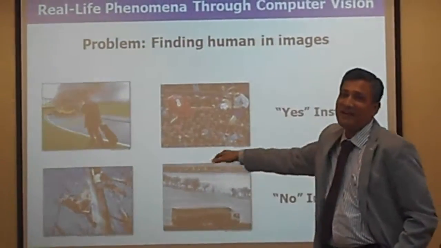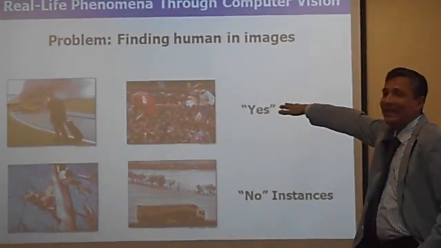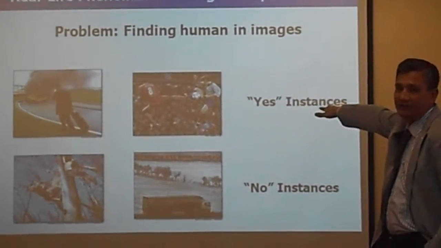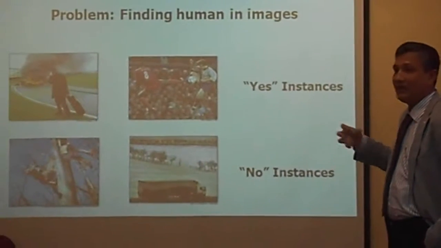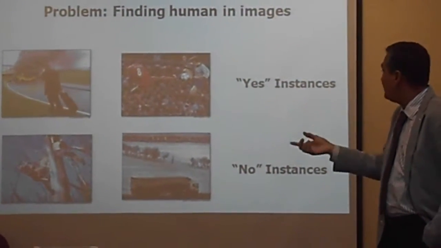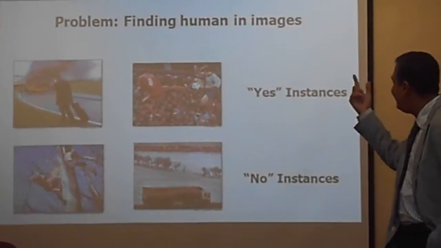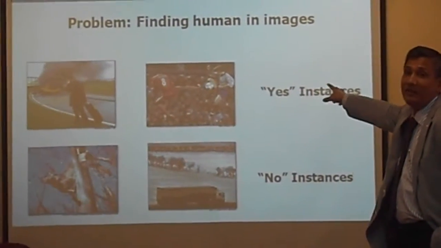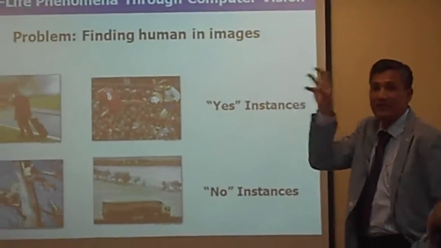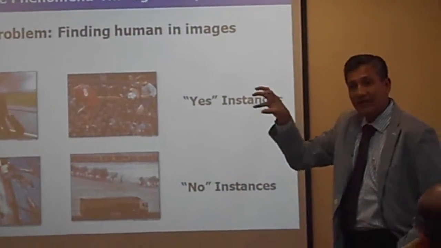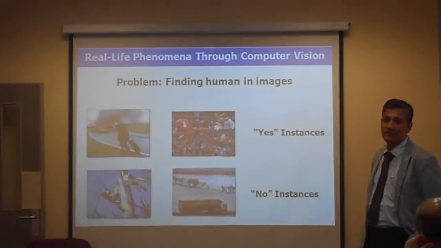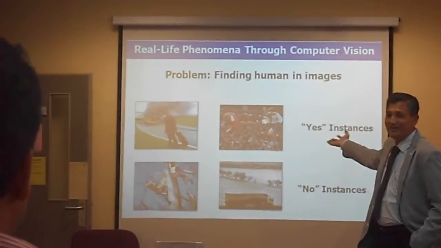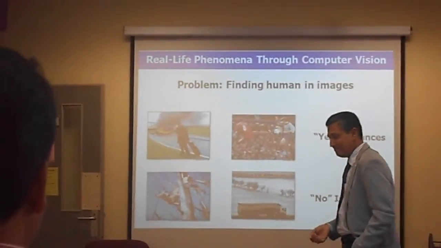So there is some real life problem. For example, these are some figures which contain humans. If we ask the machine, is there any human? We human beings see, yes, there is a human. But how can a machine detect that a human exists in our captured image? These questions can be handled by using our computer vision-based system.